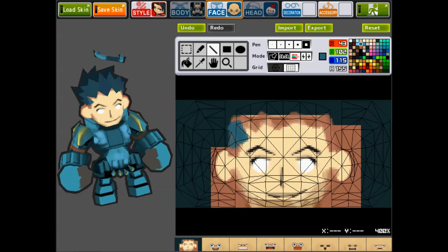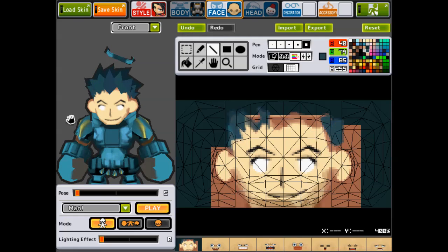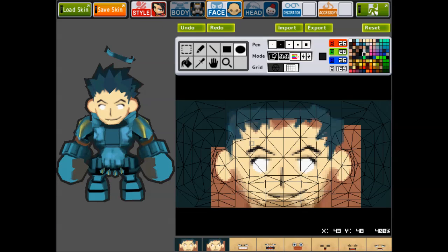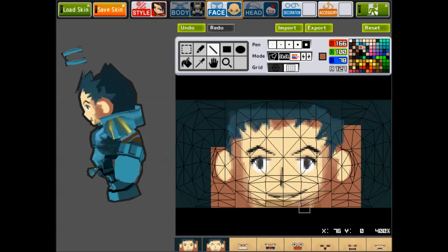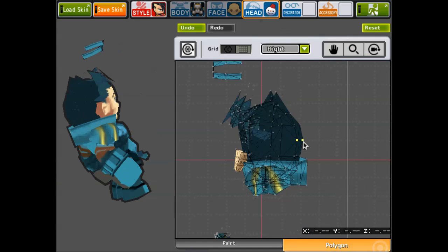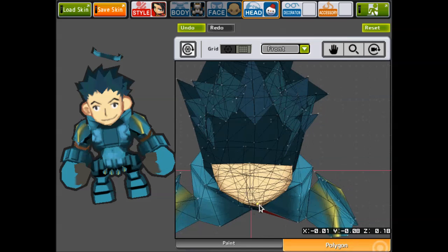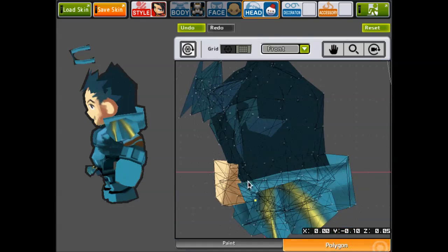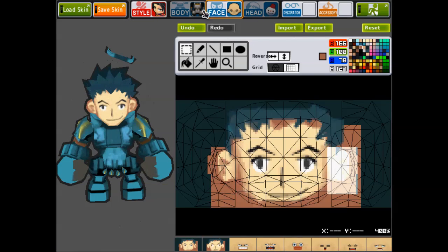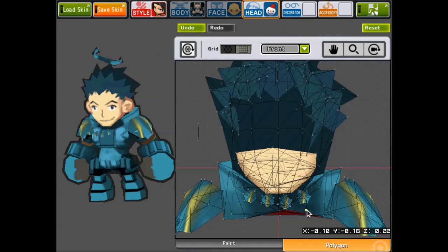details to the hair. I'm doing the eye now. So for this skin, I'm trying to do my best to make it look as similar to the anime as possible. So yeah, what I'm doing here right now is editing parts of the front hair and adding more details. So actually, if you want to add details to your hair, you can do it with polygon and paint in the polygon,